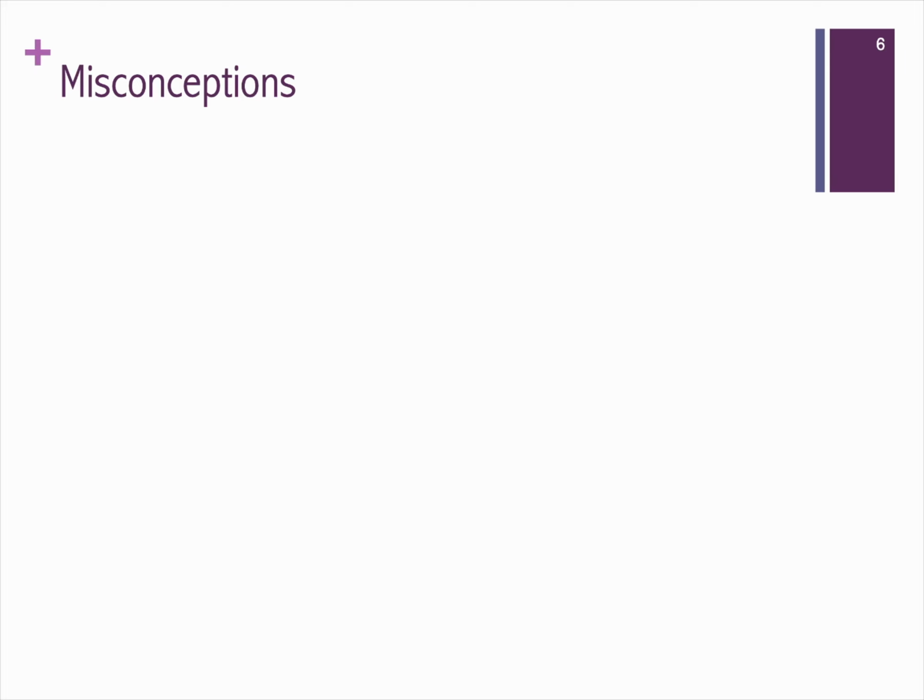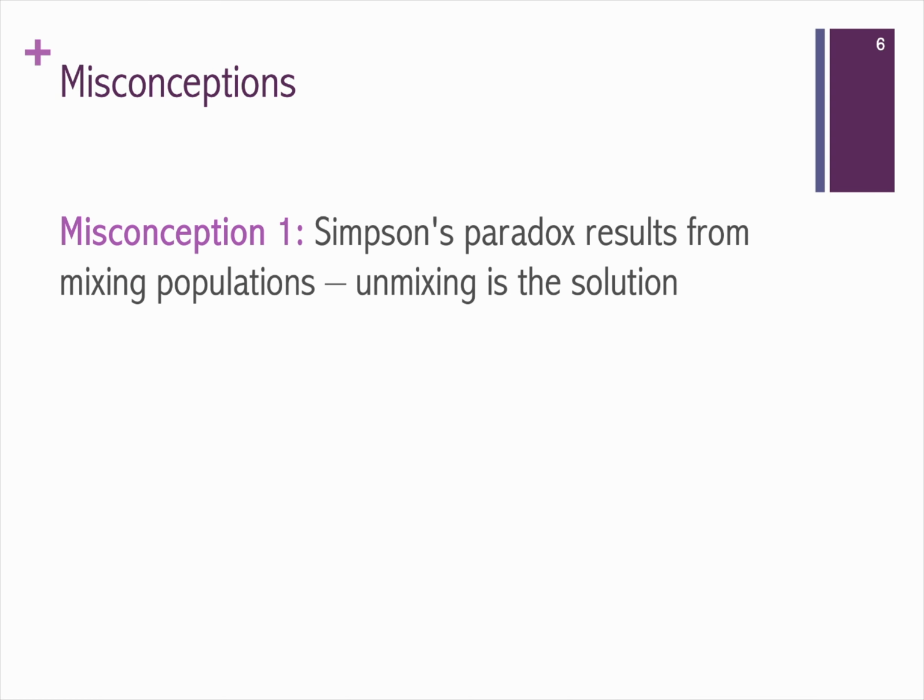Here are two misconceptions. The first is that the paradox reveals the dangers of mixing subpopulations, and that the solution to the paradox is to unmix the population by partitioning it using as many variables as possible. The example discussed so far might suggest this, but partitioning is not always the solution. If instead M were an effect of T influencing S, one would not condition on it when identifying the effect of T on S. This model is compatible with any dataset that's also compatible with the earlier model, so whether one should condition on a variable depends on the causal model.